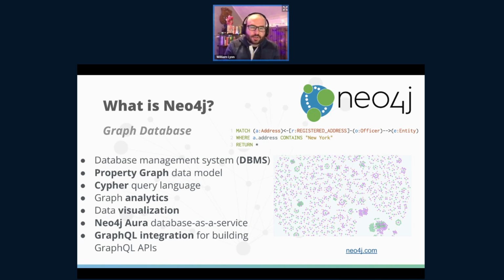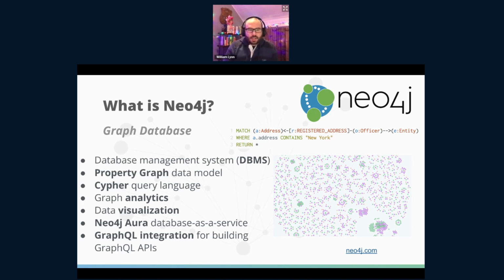and connected data. So if you think of offshore legal entities where you might have a business that's registered in the Cayman Islands that owns another business that's registered in Panama, that owns another business, and then that business owns a plane. You want to be able to traverse this graph to find who's the person who owns the company that owns the company that owns the company that owns the plane, right? So anyway, that's one example of where graphs come in very handy for representing this very complex and connected